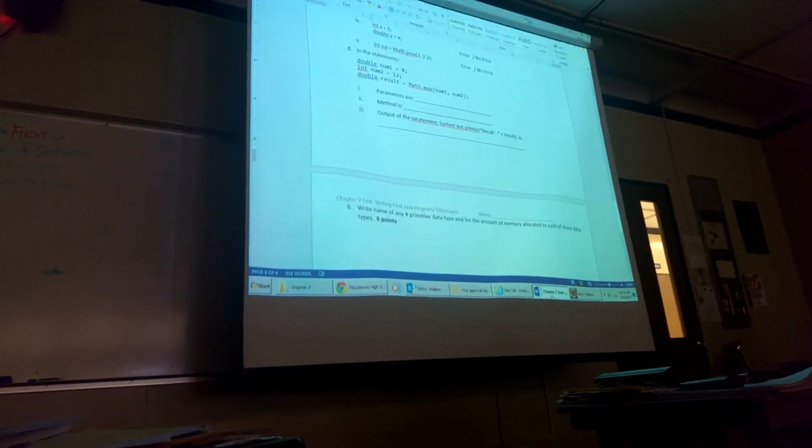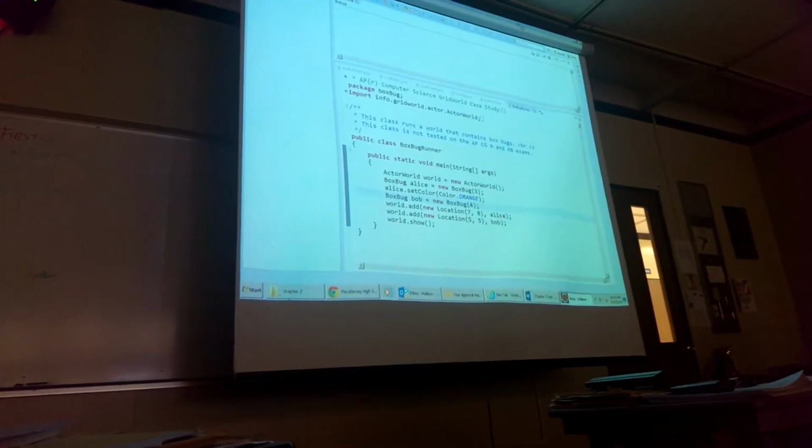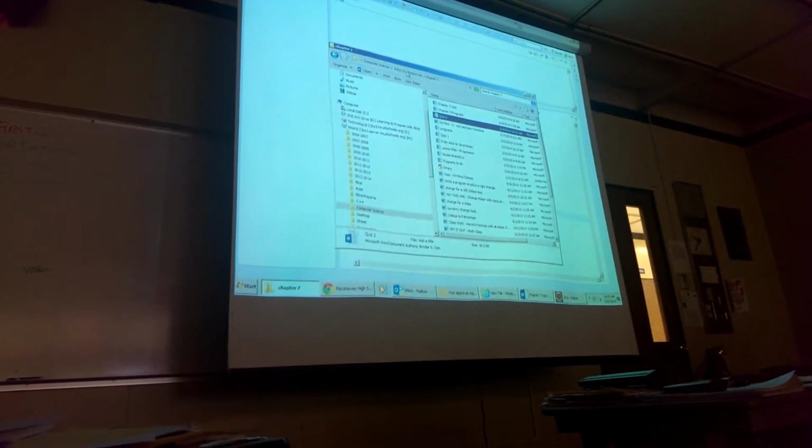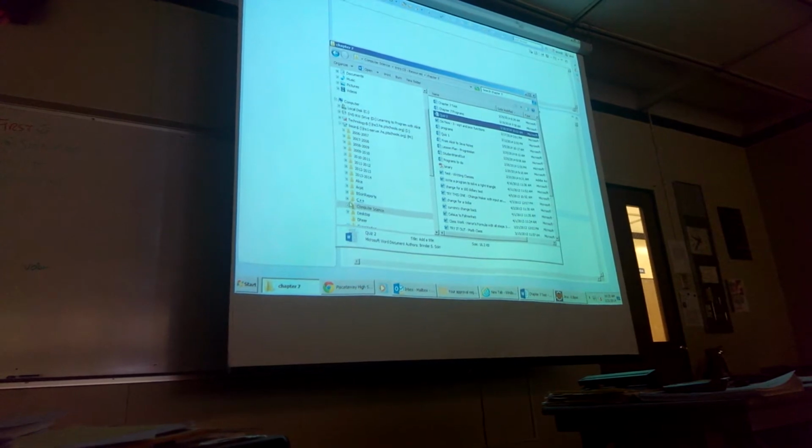Alright, so what are we talking about? We're talking about setting up some stuff, right? So we're talking about setting up GridWorld, which is,